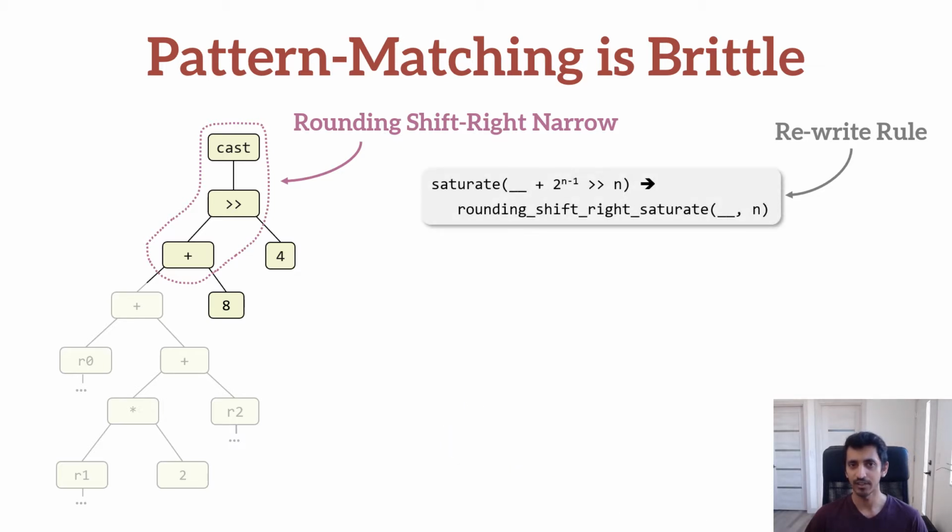Consider the case where the target instruction set does not actually have an instruction that implements the rounding shift right narrow pattern that we need, but it does provide an instruction to do a rounding shift right saturate. A human engineer optimizing this code by hand may be able to realize that the value computed after the shift right operation is always small enough to actually never overflow during the cast step. This implies that using the instruction that performs a saturating narrow instead of a truncating narrow does not actually change the semantics of the input code. On the other hand, pattern matching, being a syntax-driven approach as opposed to a semantics-driven approach, will fail to discover such optimizations.